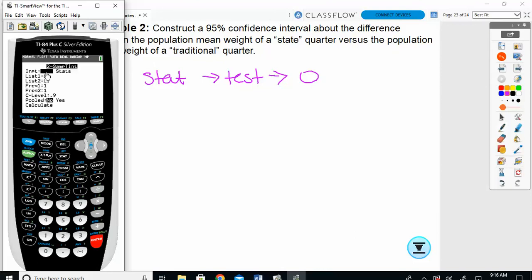We're going to keep it off data. If you did do stats, just to show you, if you have one, what you'll have to do is pull in the mean, standard deviation, and number from each of the two sets. That would have to be given in the problem. But we have the data that we already entered. So list 1 should be L1, list 2 is still L2, frequencies are 1. My confidence level, I wanted 0.95. So if we calculate,